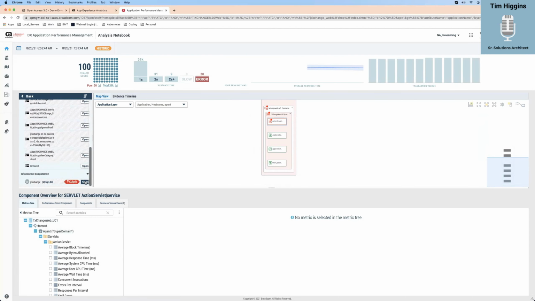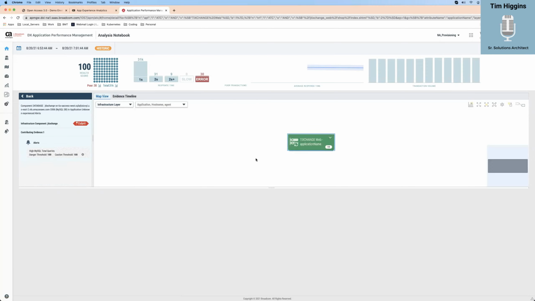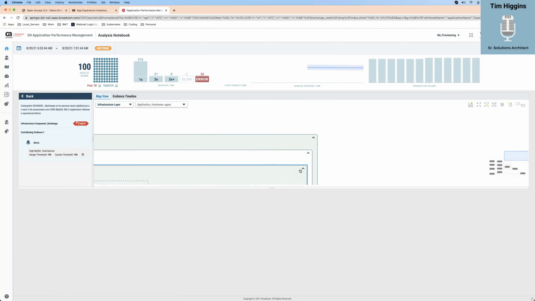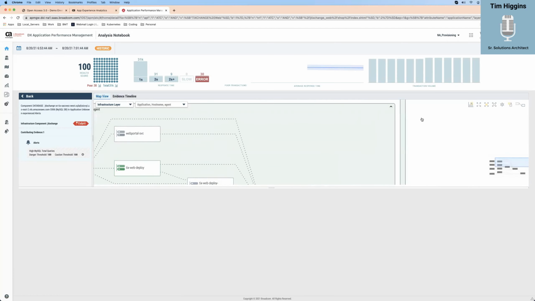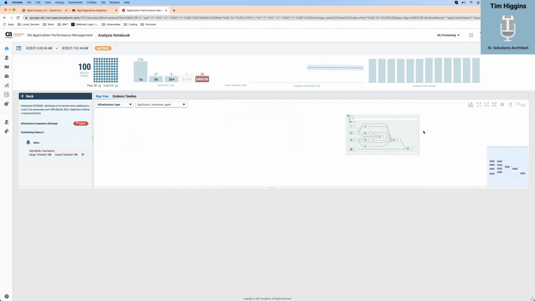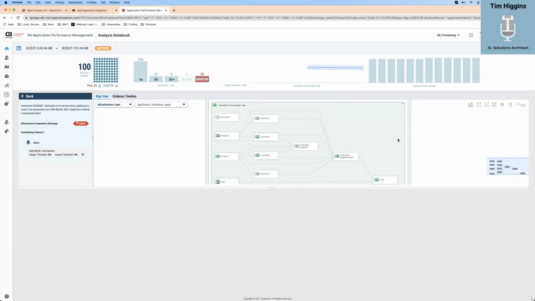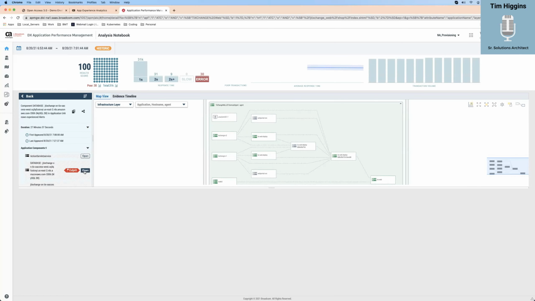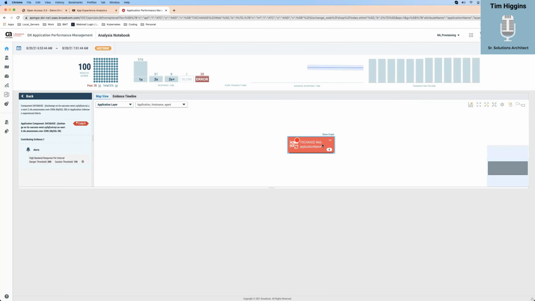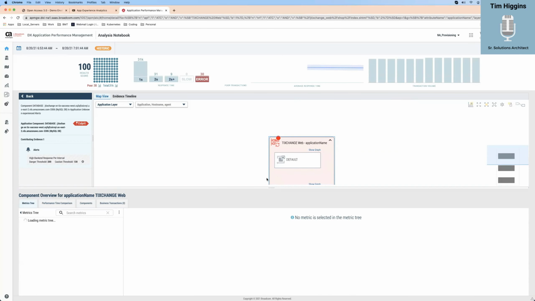And what happens if I try this one? I don't even see an alert here, but if I drill in, let's zoom out a little bit, I'll be able to see how this unfolds. So front end, middle tier, it flows in and then into our web. Now, if I go back and we click on this one, let's get a little bit deeper.